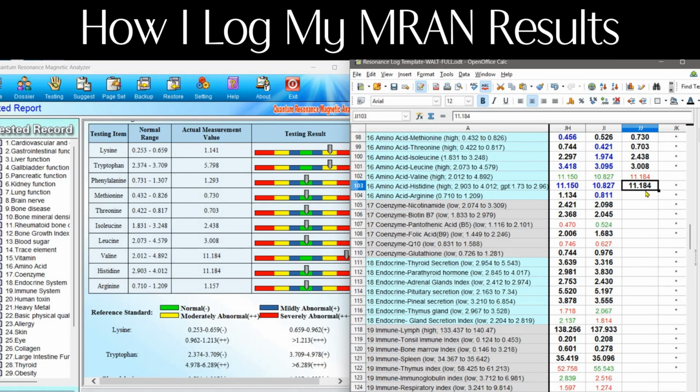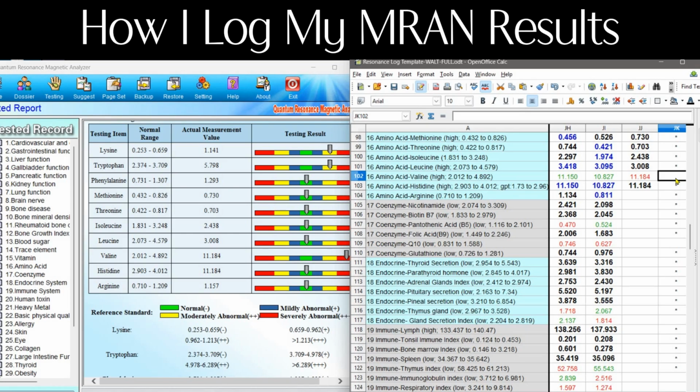So in this case, I keep track, and even though the range indicated on the software says 2.9 to 4.0 for histidine as the normal range, you can see here that we're way out at 11.184 and it's still showing normal. So just a heads up to be aware not to trust these